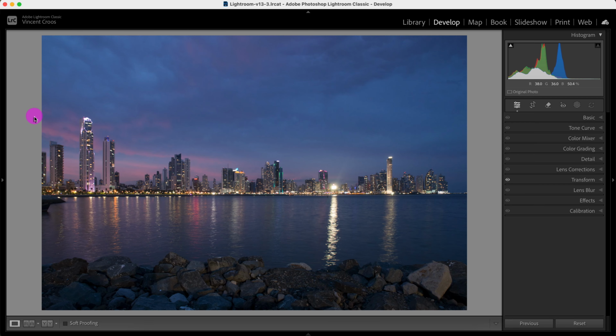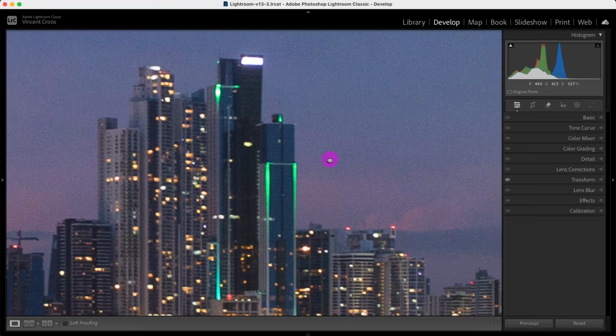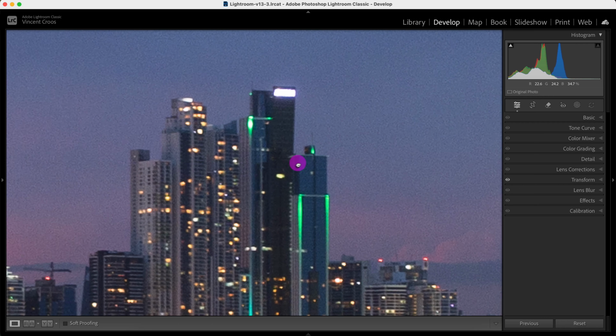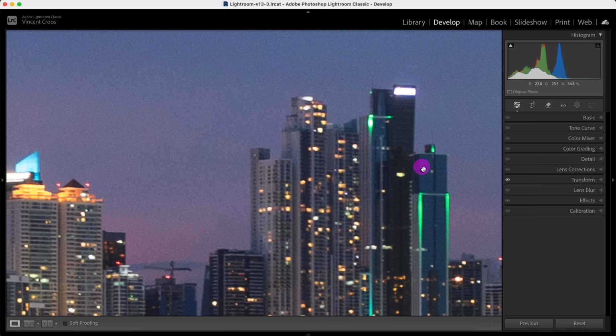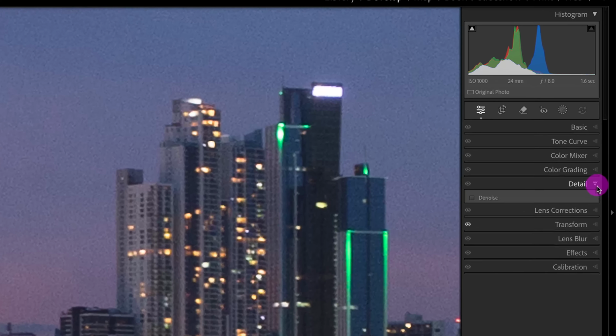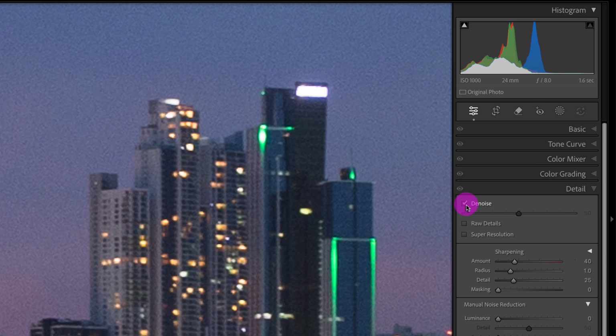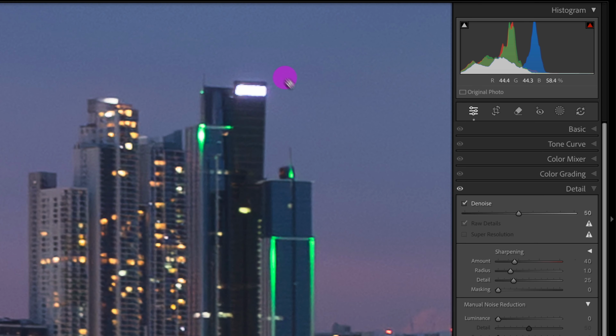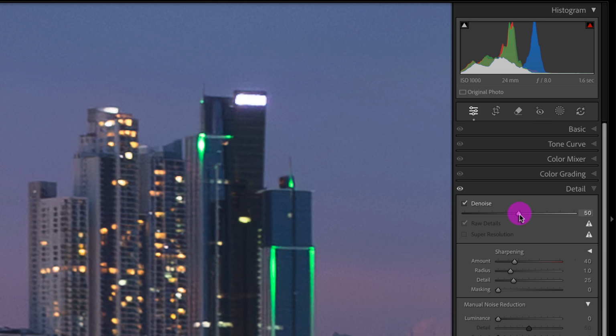I always check if an image has enough sharpness, detail, and not too much noise. This image looks fine from afar, but if I zoom in or I decide to crop in or print the image, you can see it has quite a bit of visible noise or grain, and it's not as sharp as I would like. So what I can do is go to the detail section here, click on denoise, and it automatically reduced the noise pretty good. But what I can do is decrease the noise a little bit more to my liking,